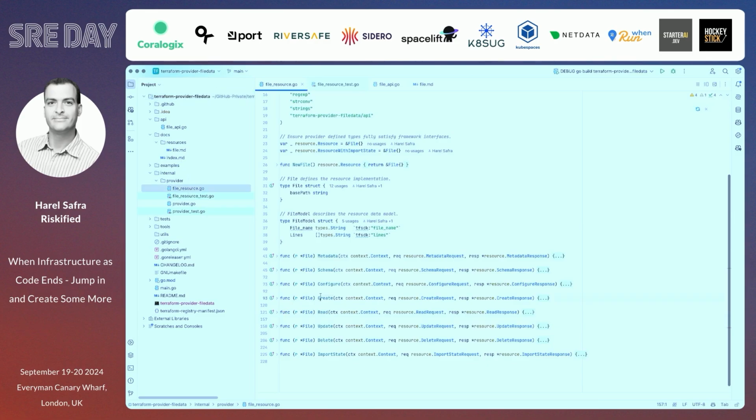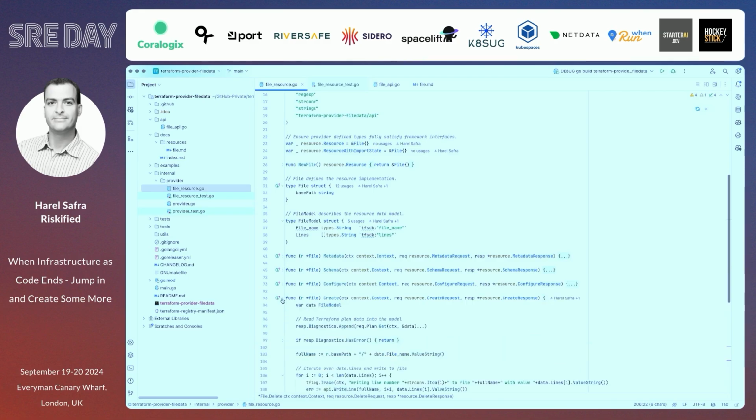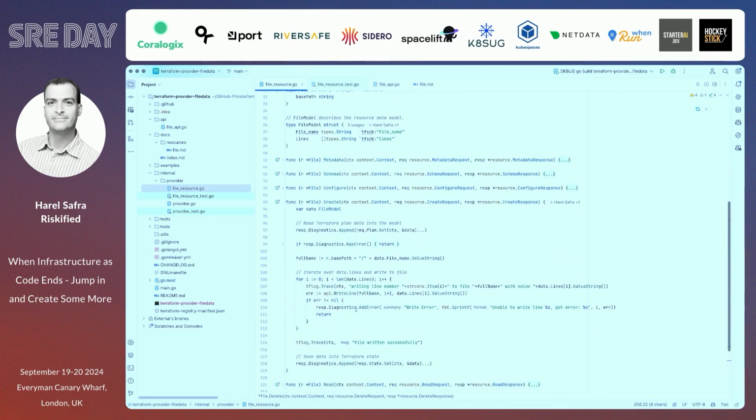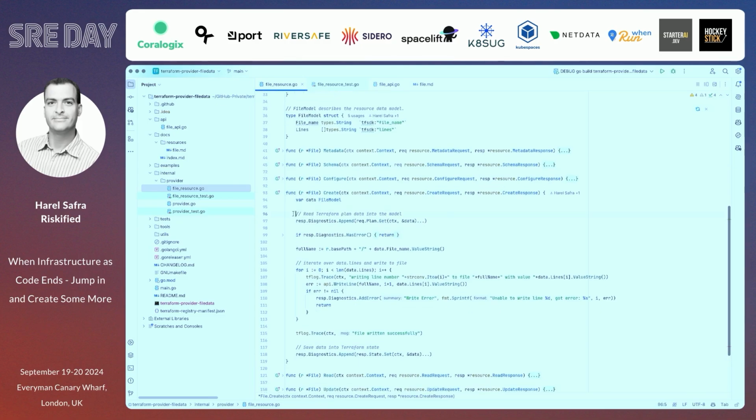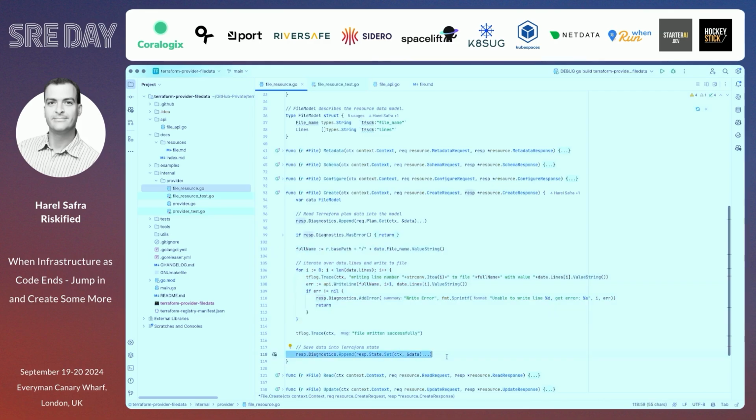As I said earlier, it has a create operation, a read operation, an update and delete operation. And all operations assume a pretty standard template. All of them start with reading what Terraform core has sent to our provider to do. It reads the data, and then it does a bunch of business logic and returns the result back to Terraform